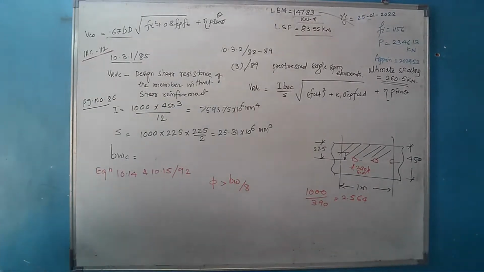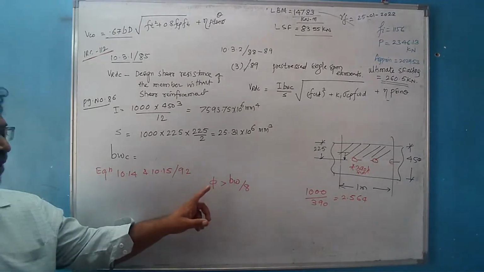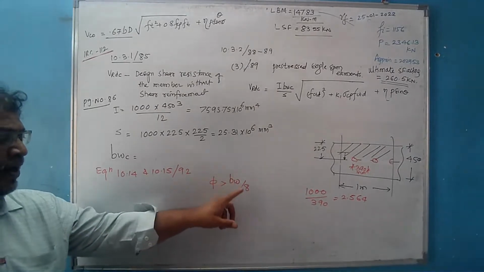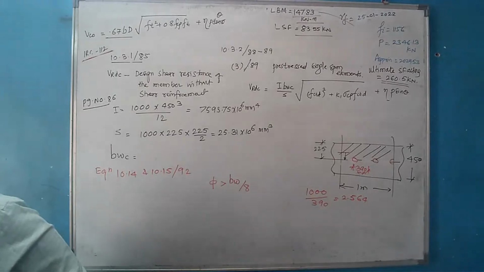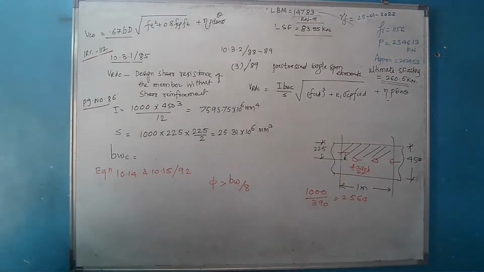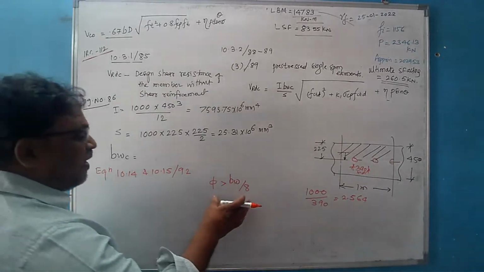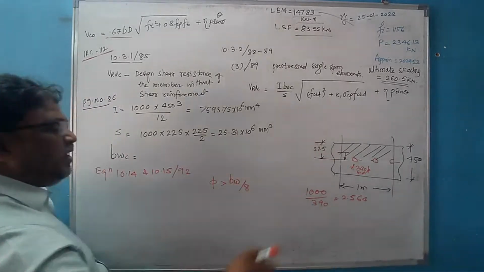When we will consider the deduction, if the diameter of the duct is greater than BW by 8, then only we need to consider the deduction। अगर ये कंडीशन सेटिस्फाई नहीं होता है, we need not make any kind of deduction।